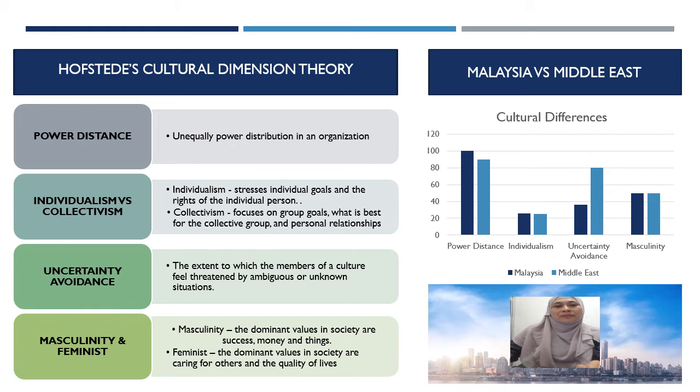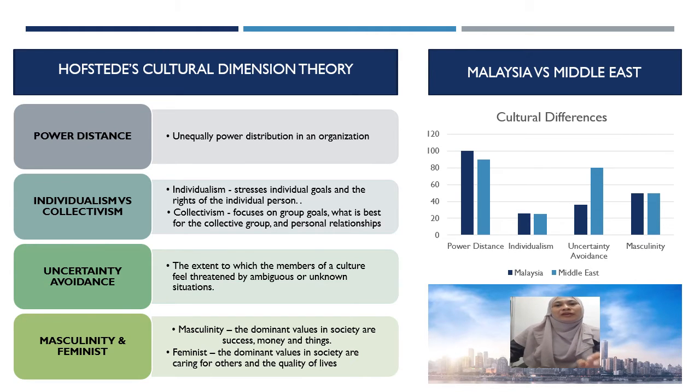In terms of Middle East versus Malaysia, for power distance, Malaysia scores 100 while Middle East countries score 90 to 95, which means both countries are high in power distance level. They apply a hierarchical organization style inherent in inequalities. Most organizations in Malaysia value high formalization, which creates distance between upper and lower level staff. And in terms of problem solving behavior, they put ultimate decision making authority with the higher level management over their